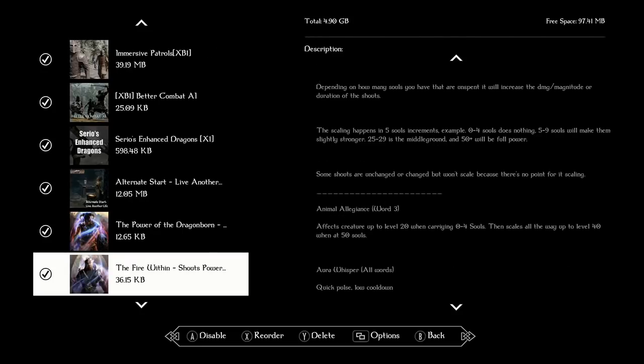The Fire Within, similar thing. As with the Power of the Dragonborn, these are collaborative mods. This one increases the potency of your shouts as you get more souls. Same thing as the other one, increments of 5. With all 50, as an example,